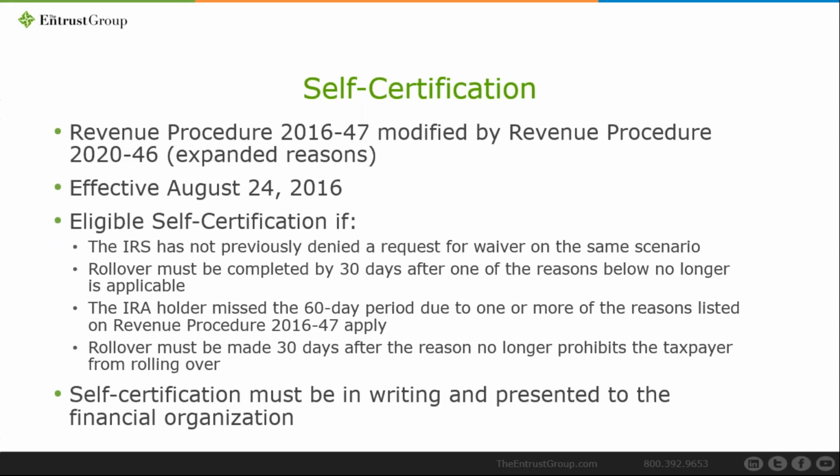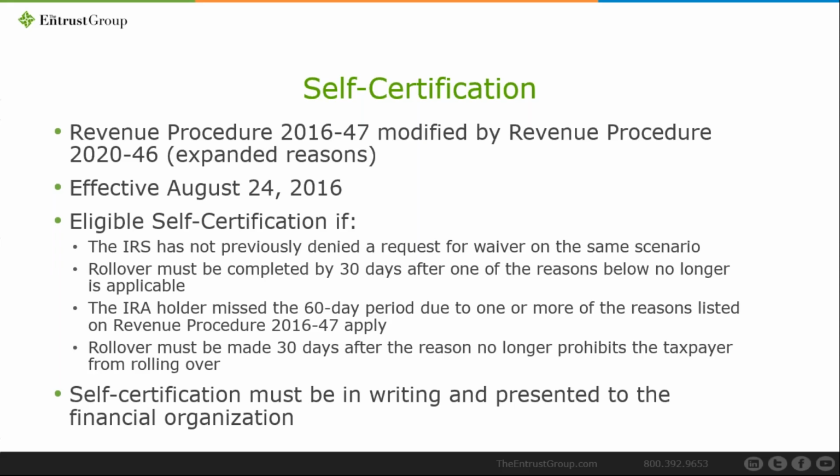So if a financial institution has a rollover certification form and the client says that I'm rolling over this amount past the 60-day period, you might tell the client, well, you're not eligible to roll it over. However, if the client says, well, I have a self-certification letter that I do qualify for one of the exemptions, well, a financial institution can take that